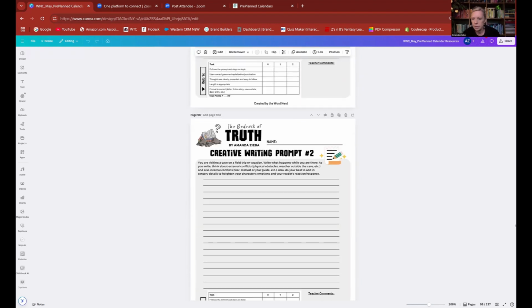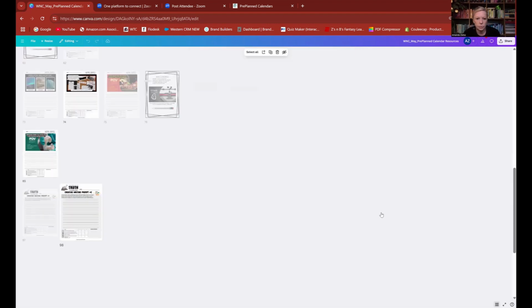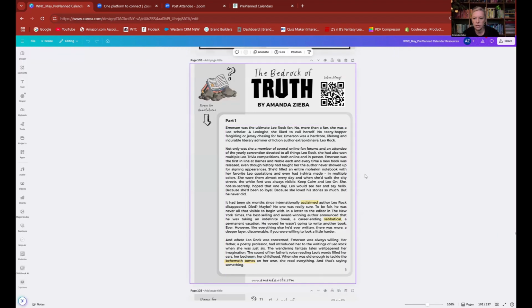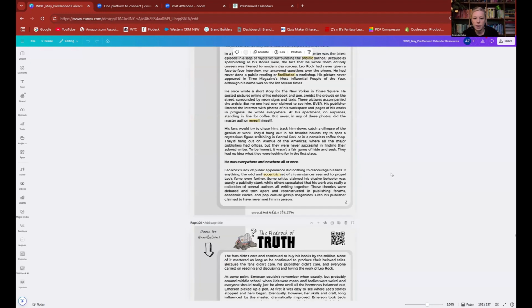So let me go to the actual story. Each of the 3 sections of the story are separated. The vocabulary words are already highlighted so students can find them. There is space on the side for students to write their annotations. And then there is also a read aloud video for each section, so that if students want to listen to me read to them while they are going through the story, they can do that as well.